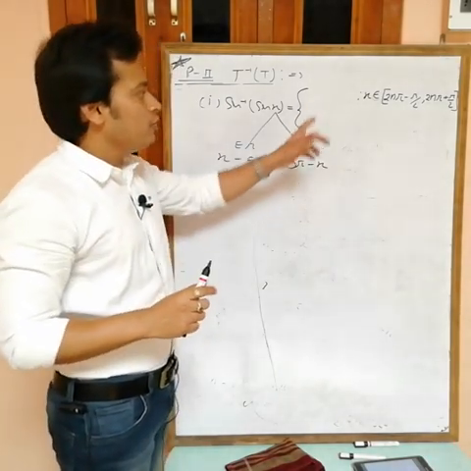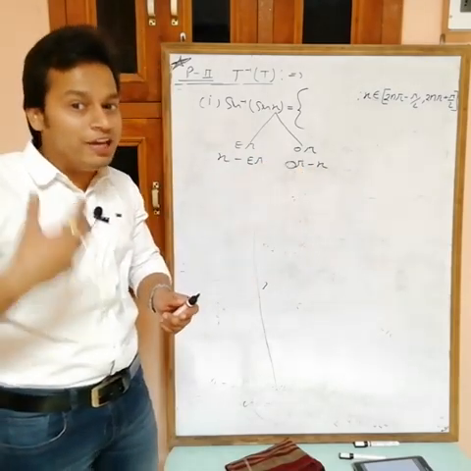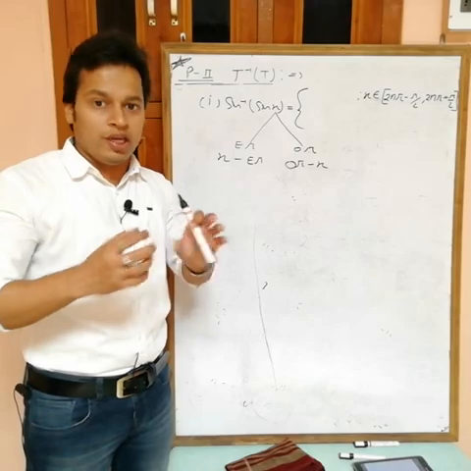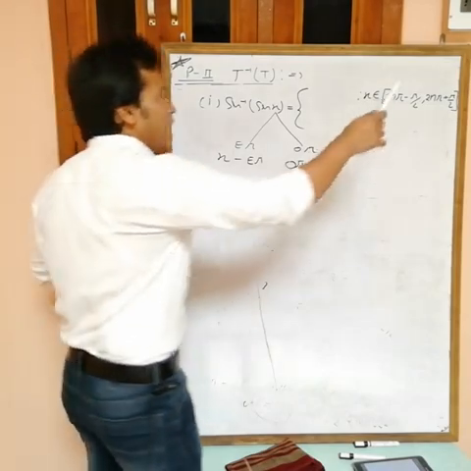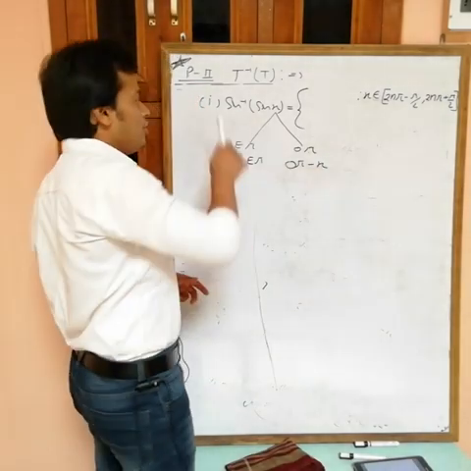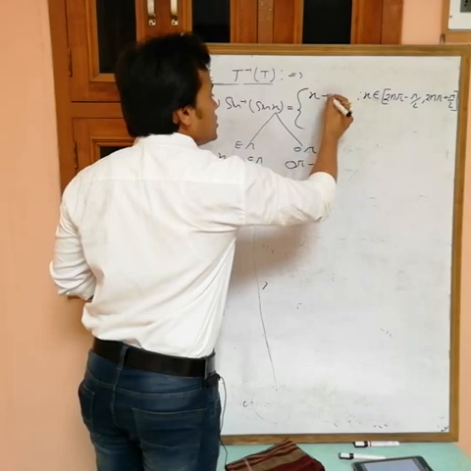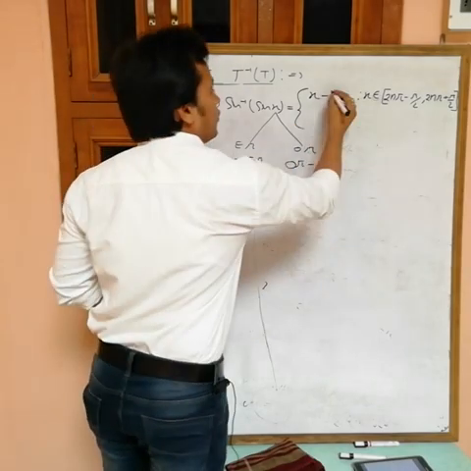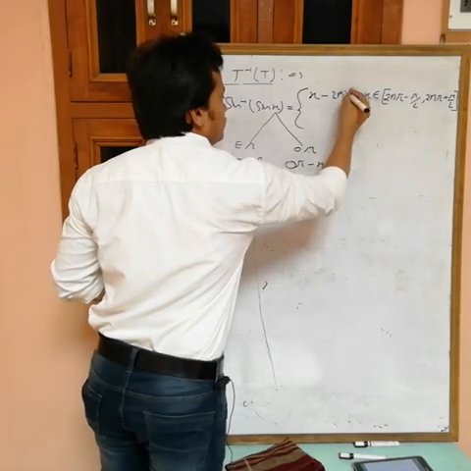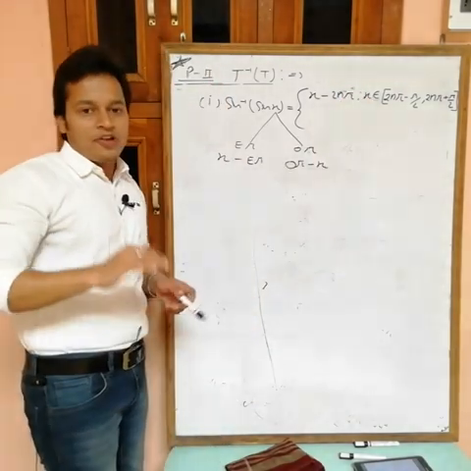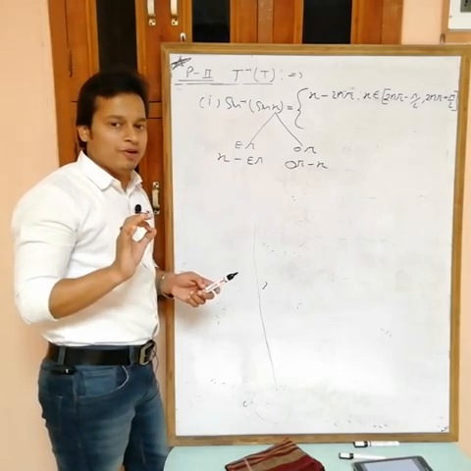If x belongs to 2n pi minus pi by 2 to 2n pi plus pi by 2, 2n pi is an even multiple of pi, so near to an even multiple of pi, before pi by 2 to after pi by 2. If x lies in this range, then the value of sine inverse of sine x is x minus that even multiple of pi. Even multiple of pi means 2n pi. Simply, if x is near to 4 pi, then you can use this, because 4 pi is an even multiple of pi.